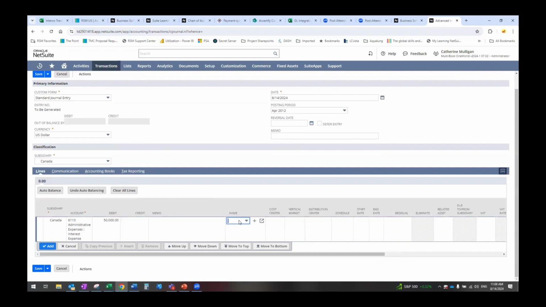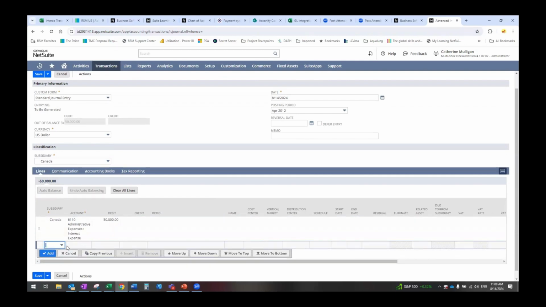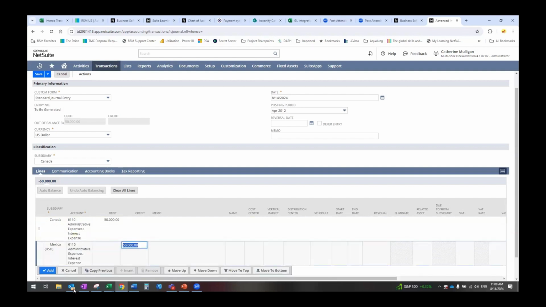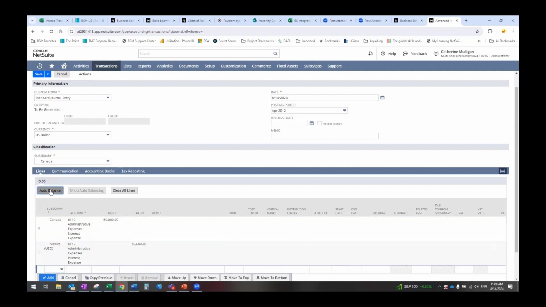And then my name over here is going to be, oh, it's not intercompany. So now I'm going to say Mexico. Okay. And then if I auto balance,